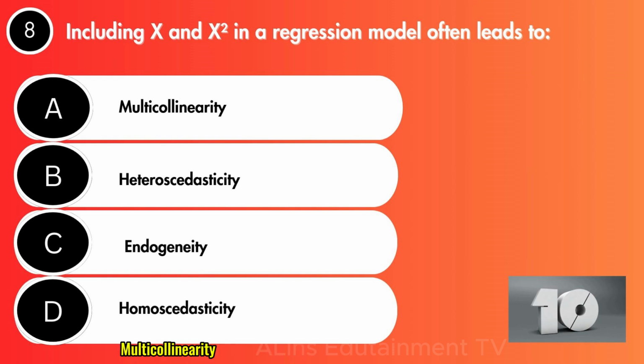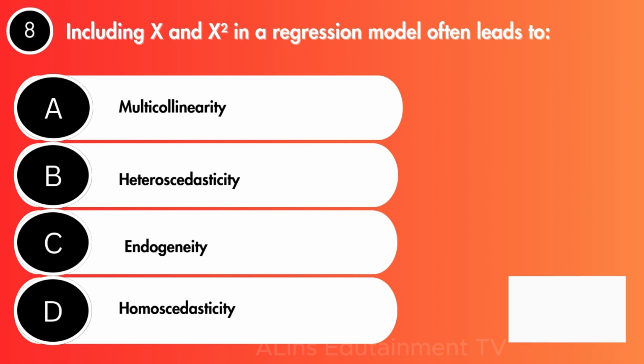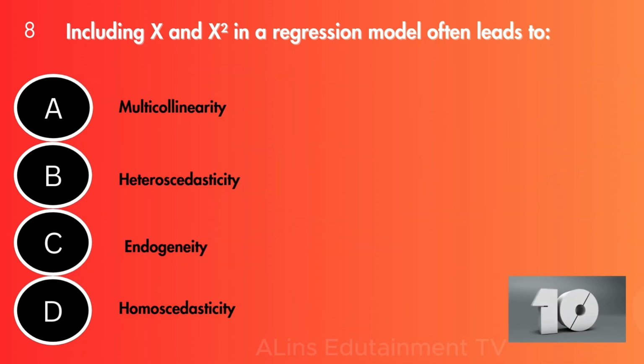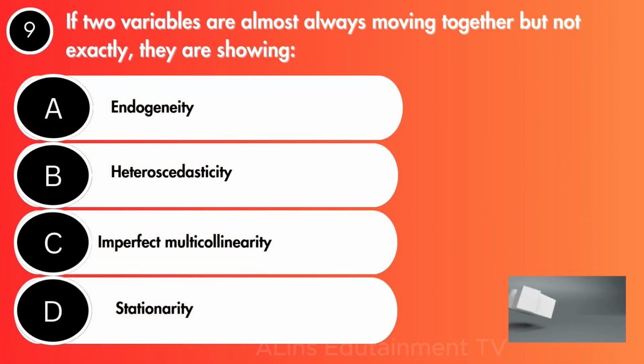Including x and x squared in a regression model often leads to 9. If two variables are almost always moving together but not exactly, they are showing